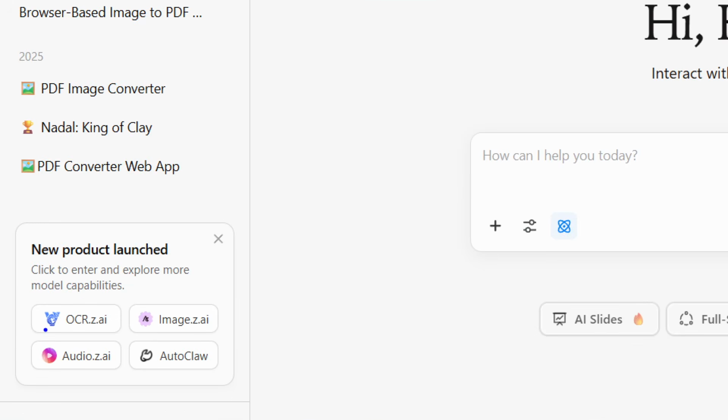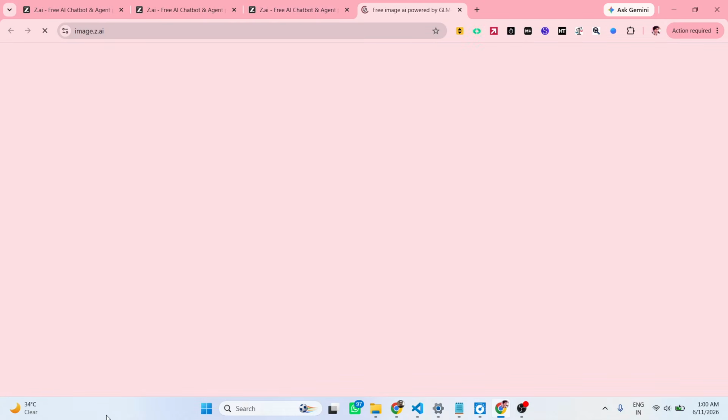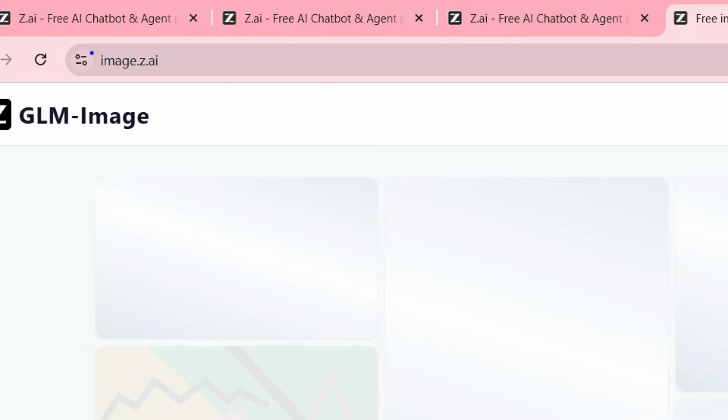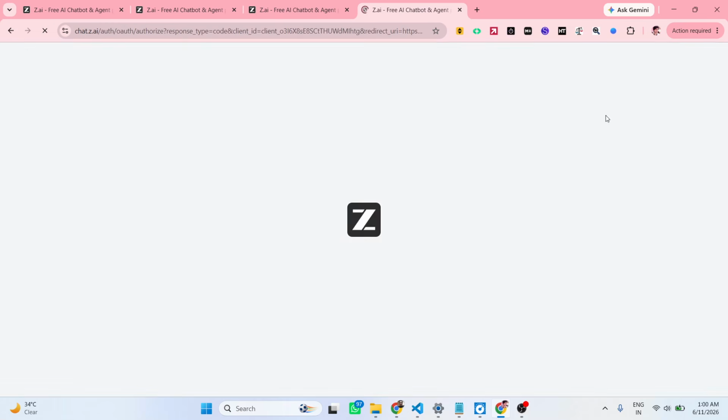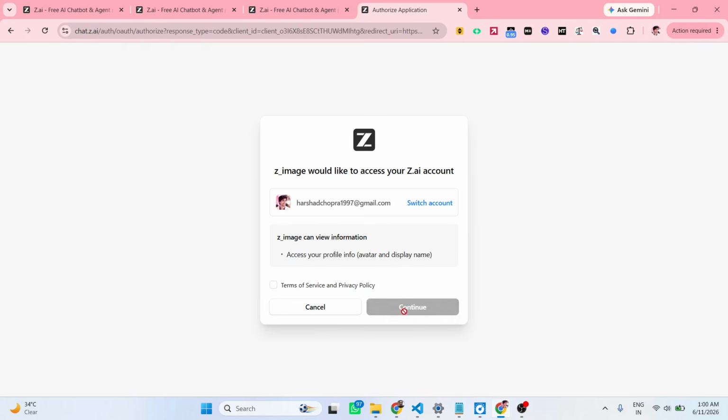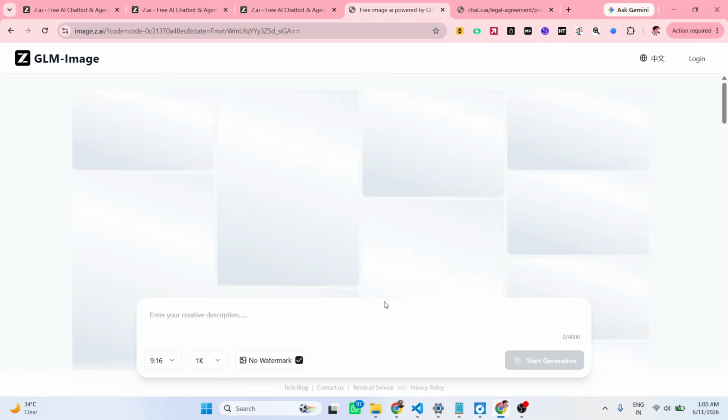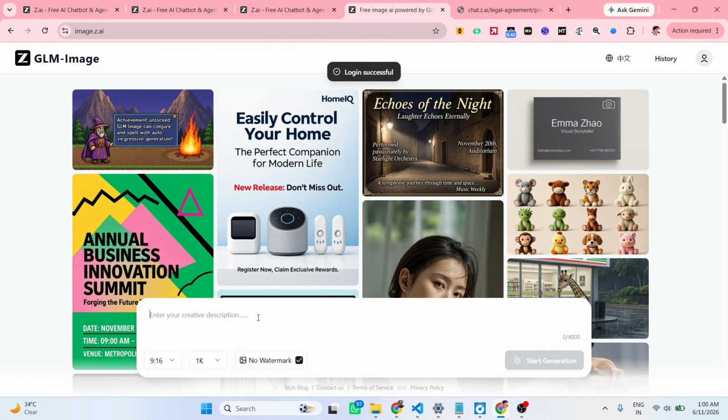Now we are talking about this one. You can even generate images. You go to image.z.ai. Right here you specify the prompt, and for that you need to log in. Again, as you saw, this is a Chinese-based website. Accept the terms and conditions, continue. After that, right here,